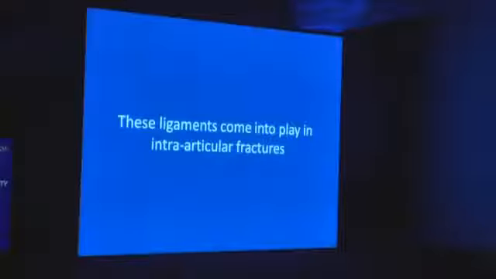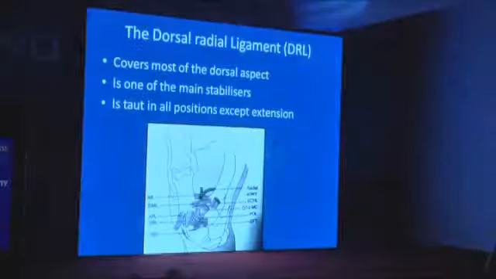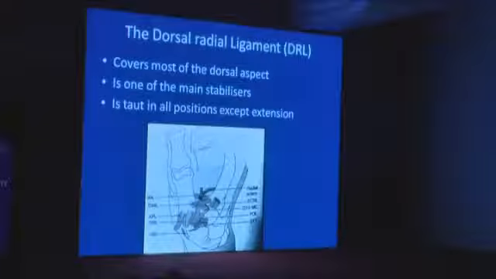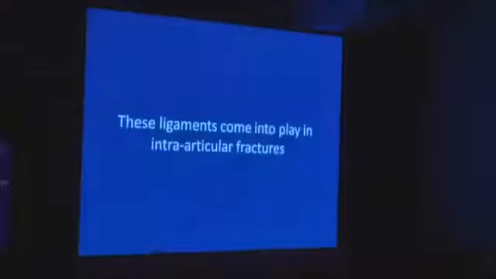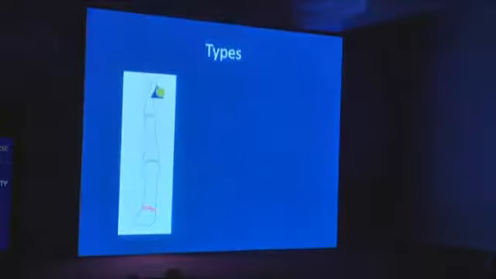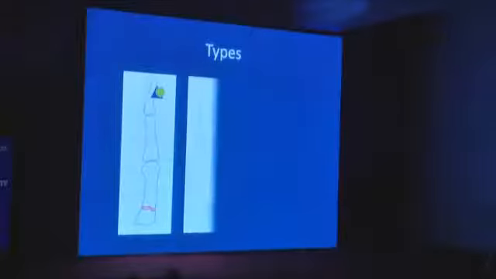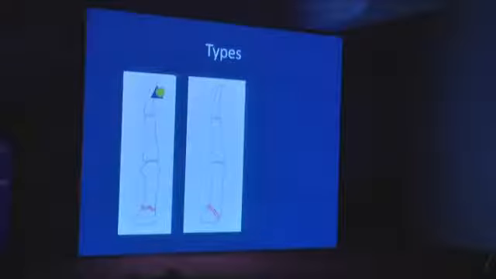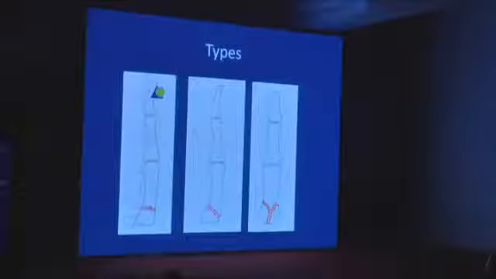So these are the things that keep you from, and I forgot to tell you about the branches of the superficial branch of the radial nerve, which are the most irritating things that can come in your way in that area. So all of this comes into play when you have a fracture. Now the fractures can be of three types. One is very close to the joint but not involving it, and it's more like a transverse fracture. It's like a shaft fracture happening very low. Or it can be an oblique fracture coming much closer, or it can involve the joint itself. So each one of these could behave just like what we've mentioned.